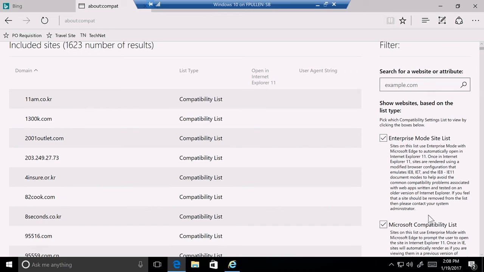Now, if I'm encountering one of those sites in Microsoft Edge that's on this compatibility view list, I still will get prompted. We don't want to automatically switch the user from a safer, faster browser over to a less safe browser. So if I encounter a site that's on this list, I will be prompted, and it will say, this site runs best in Internet Explorer. Do you want to launch Internet Explorer? And the user will be prompted every time. We don't want to automatically launch a site unless you've approved it and added it to your enterprise mode site list.